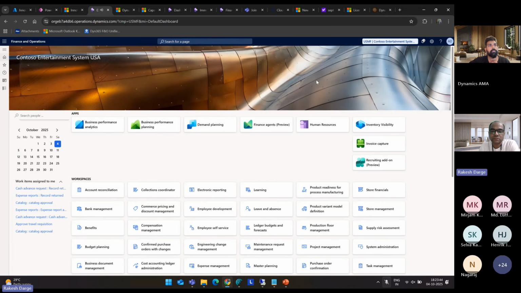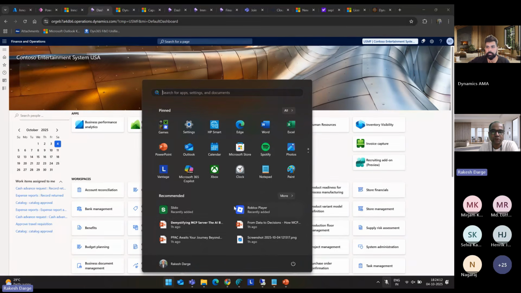Now the question comes into the picture: how am I going to extend the capability that my customer asked me to do, right? What we used to do in a CHE environment. So here there are multiple options. First and foremost, in CHE, everything used to happen, like the package directory and our own custom model, everything was inside that CHE. But in this new unified dev experience model, everything happens locally. Locally means you can have the laptop and you can install Visual Studio on your laptop, and everything can be installed with a setup process and these tools and all.